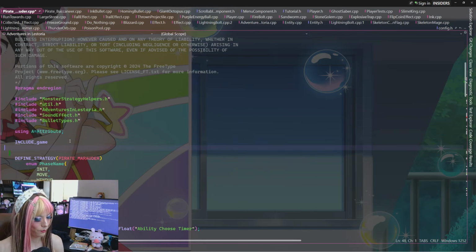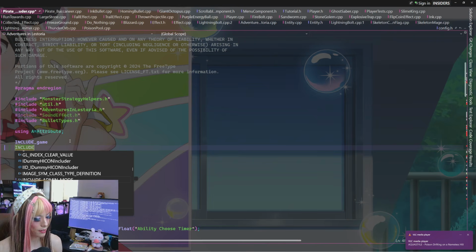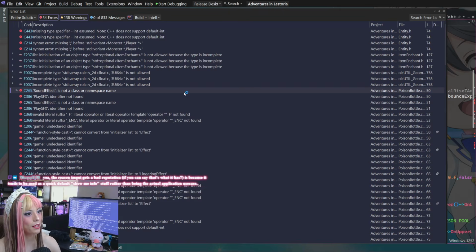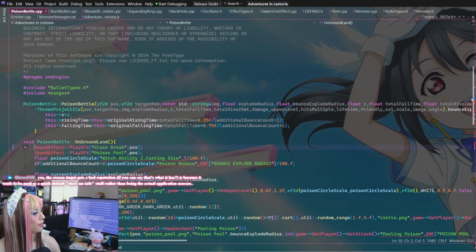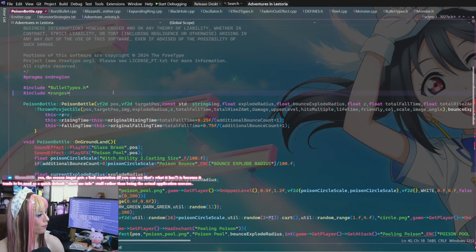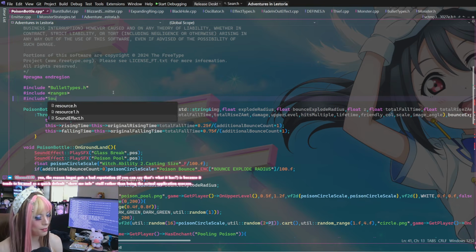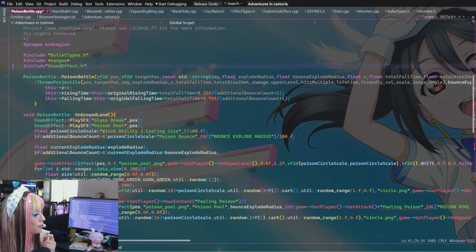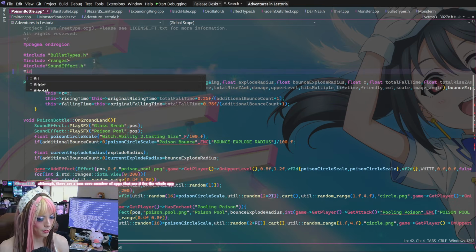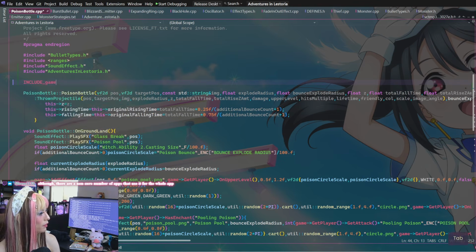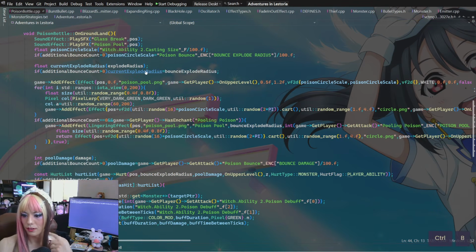Okay. Include GFX. Sound effect is not a class or namespace name. Oh boy. Include sound effect. Okay. We need game. Include underscore game. That fixes that file.